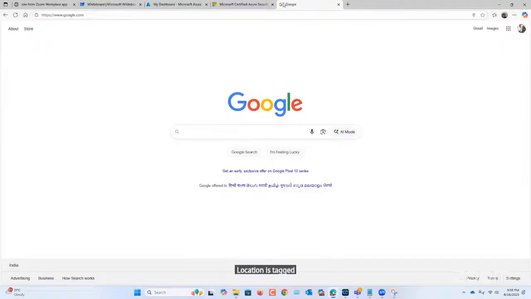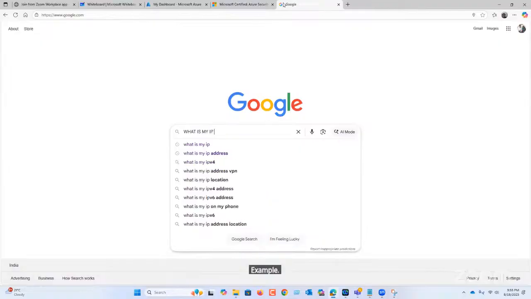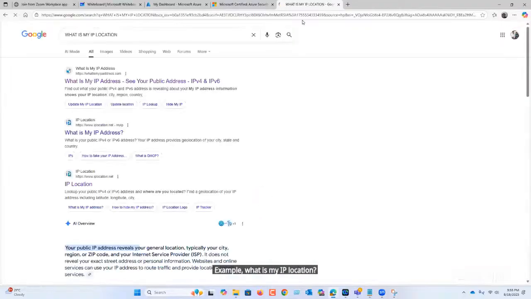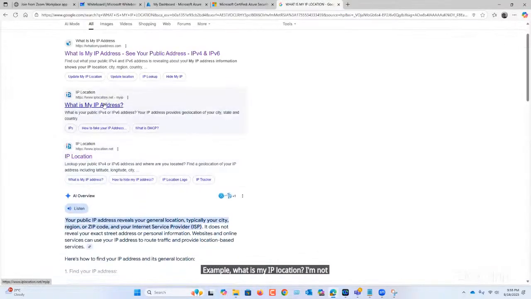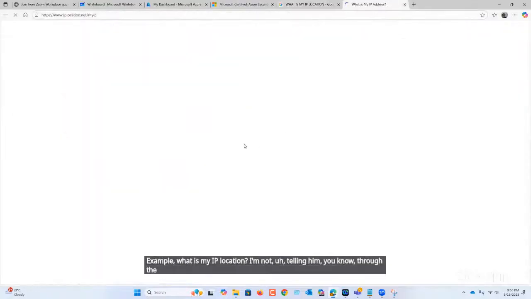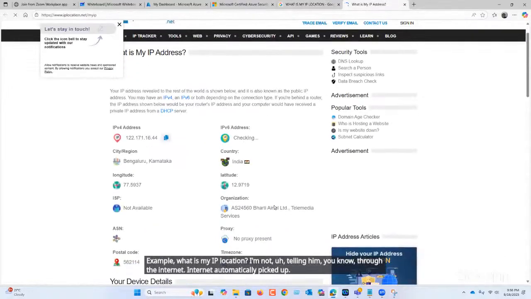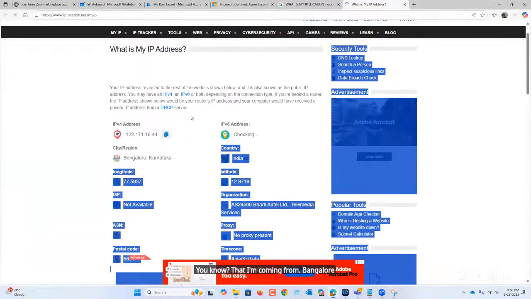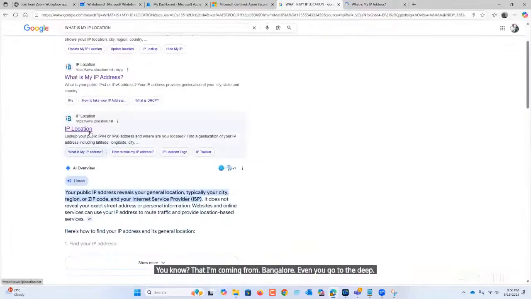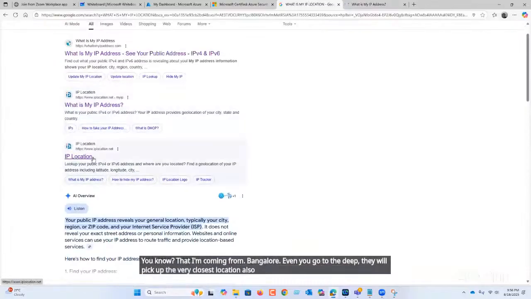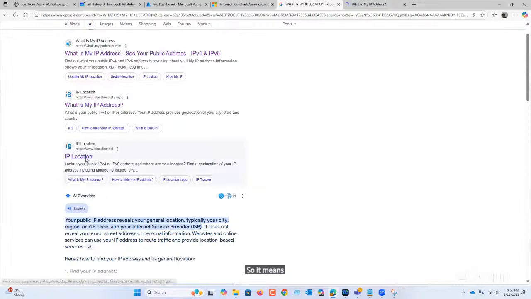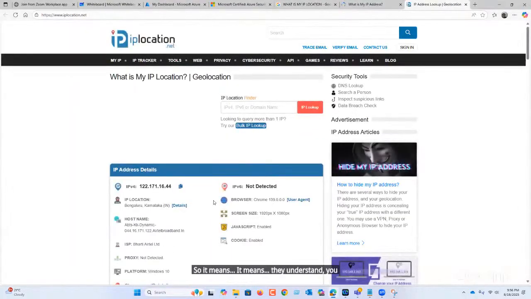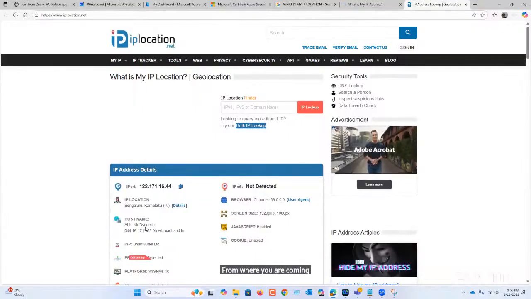We call it the latitude and longitude of the IP. I'm not telling it to the internet; the internet automatically picked up that I'm coming from Bangalore. Even if you go deeper, they will pick up the closest location also. So they understand from where you are coming.